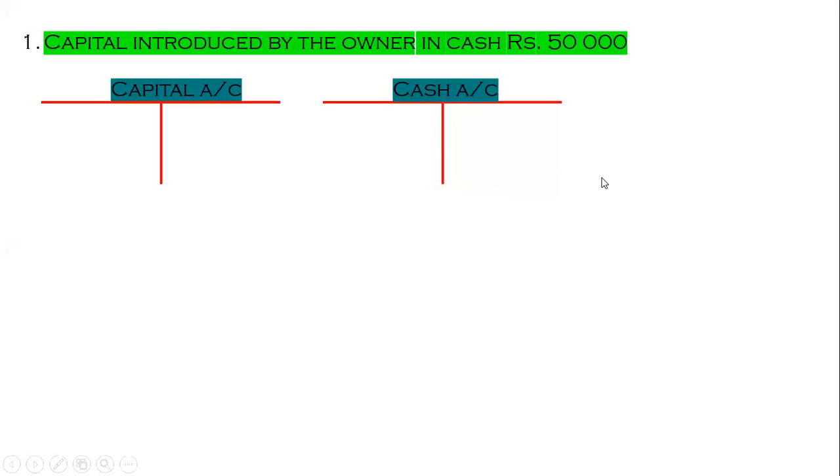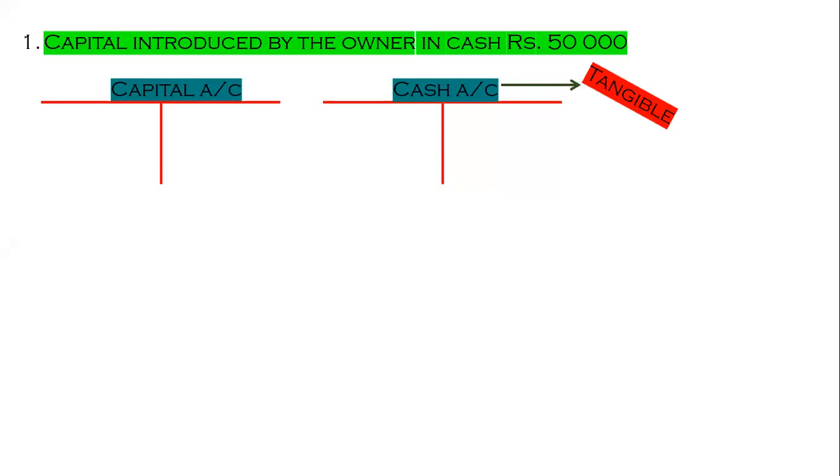So we can say the tangible is cash. The rule we learned: if you have a tangible, cash is a tangible, which means cash received, debit to cash account; cash given, credit to cash account. According to the rule,